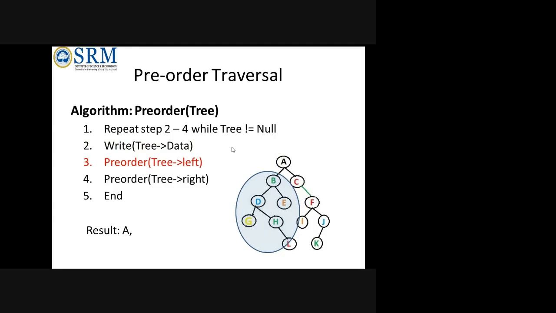When it goes to the left, B, what will happen is pre-order. Each time the pre-order algorithm goes left, it will check whether B itself has a left child and right child. Once B has left and right children, B will be printed, because as per pre-order traversal, your root has to be printed first. The root will be traversed first, then the left child, then the right child.